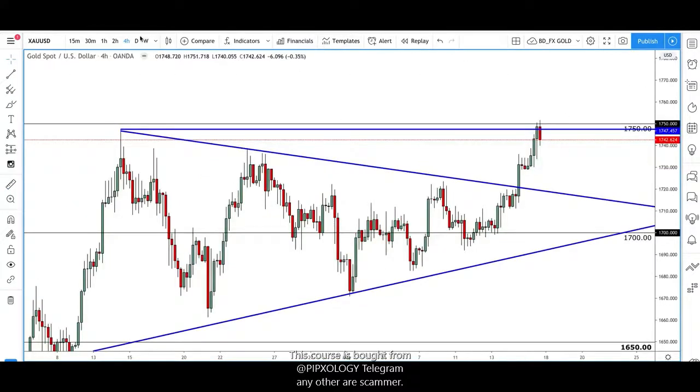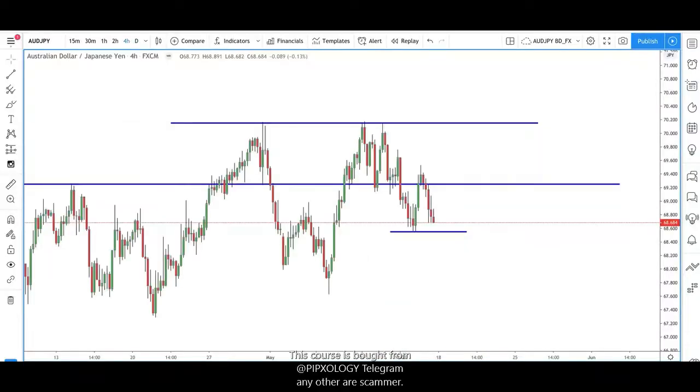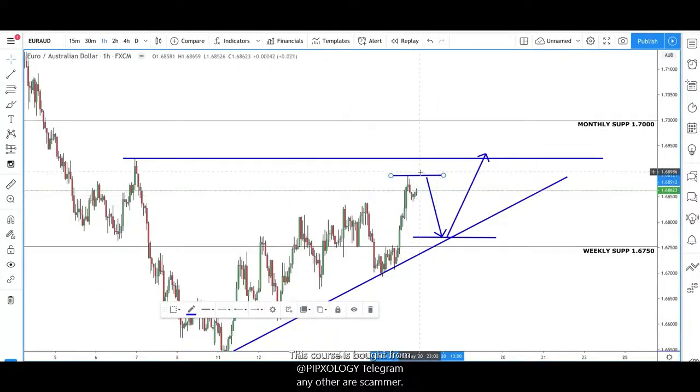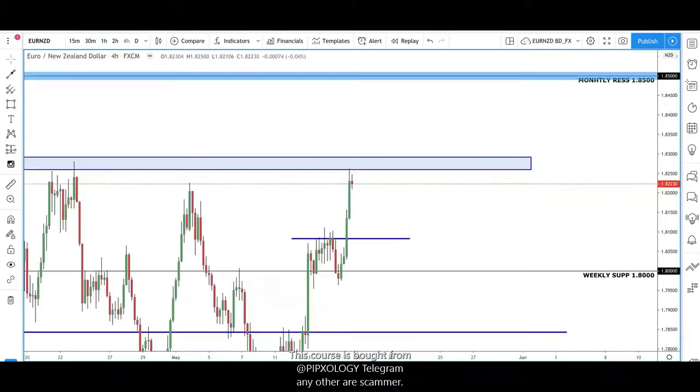Now we look at some commodities. Look at gold. So what did I cover there? Aussie dollar, Japanese yen. Yes, I'll be watching out for this level, guys. Maybe, as I said, a potential bit of weakness on Aussie dollar to start off the week, to potentially try and break this level before pushing back up, and that also leads to Euro AUD trying to come up and tap these levels before having a push back down. If we see Aussie dollar push back up, we're going to see Euro AUD push back down, and Euro NZD.